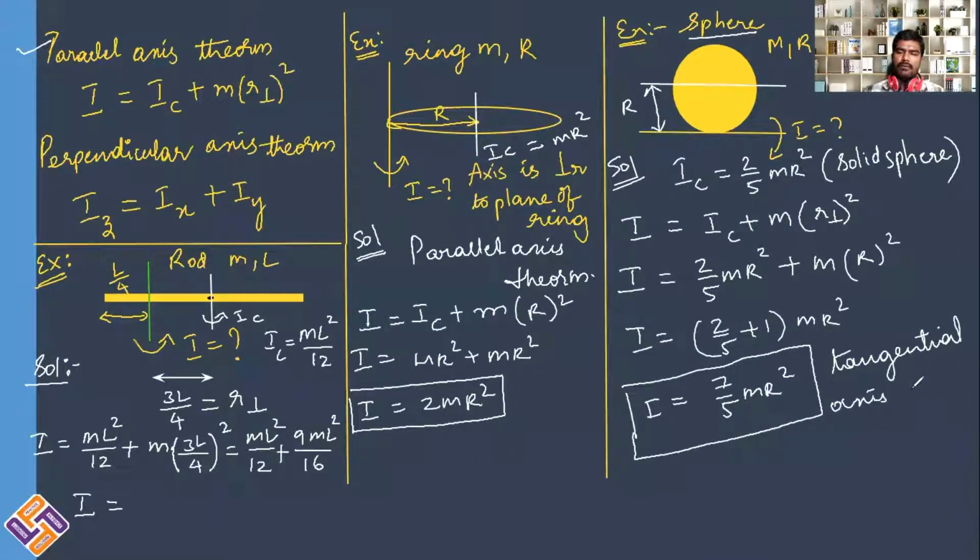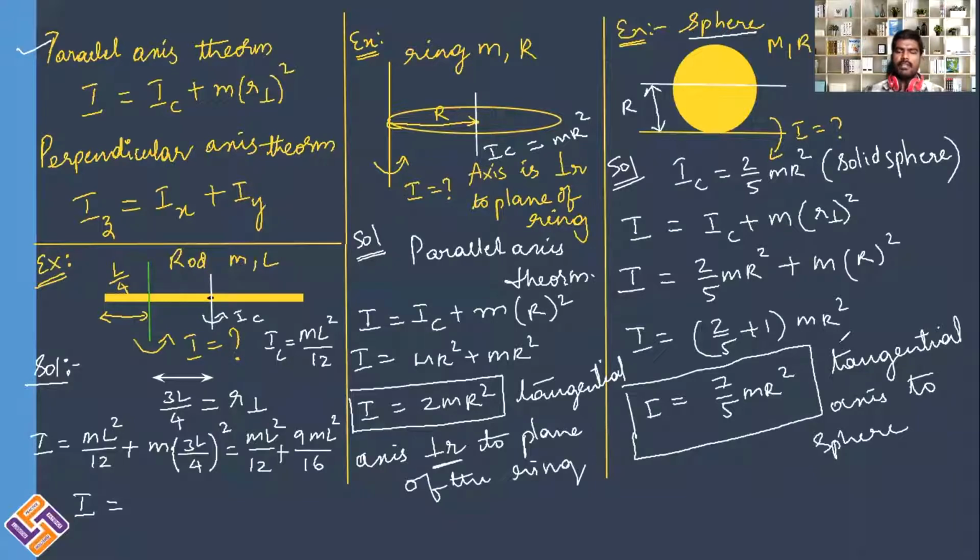Tangential axis to sphere. And this is also a tangential axis, perpendicular to the plane of the ring. It is perpendicular to the plane of the ring. Now in this case, it is a tangential axis to the sphere, as the sphere is identical from any side. Therefore, this will become directly parallel to the axis which is passing through the center. This is the way you can use the parallel axis theorem, and we can find out the moment of inertia of any